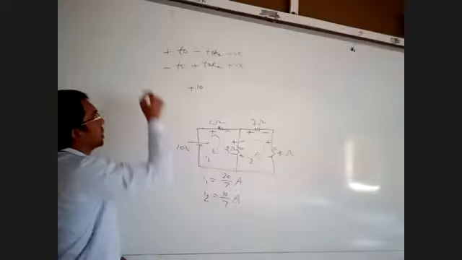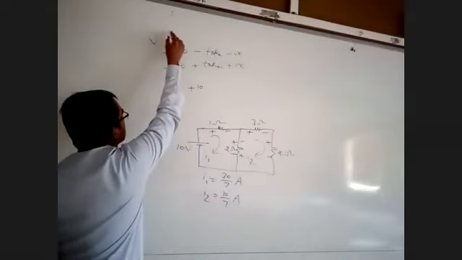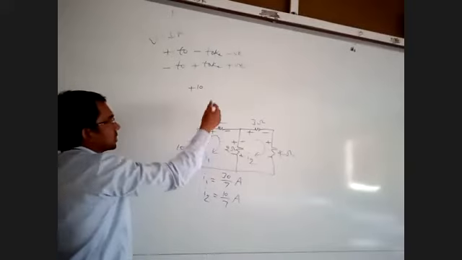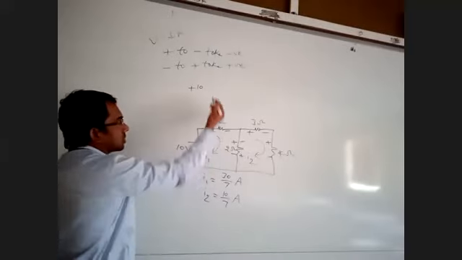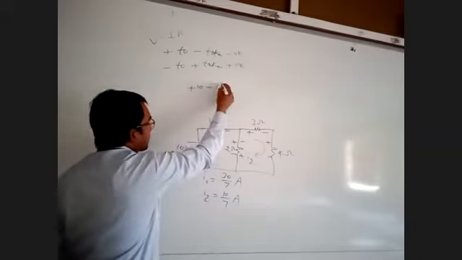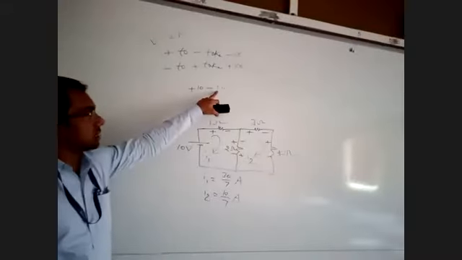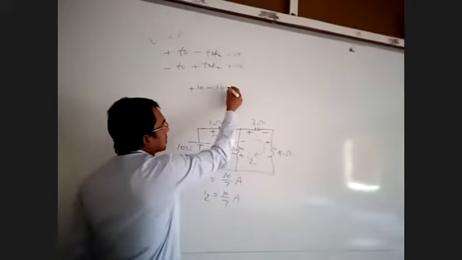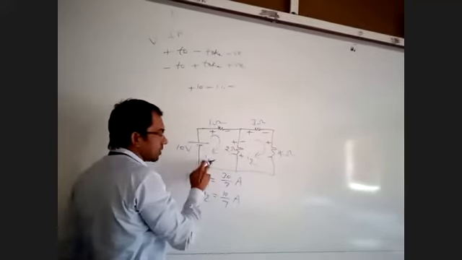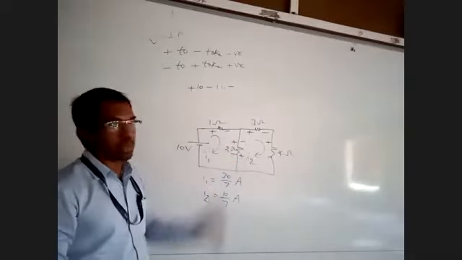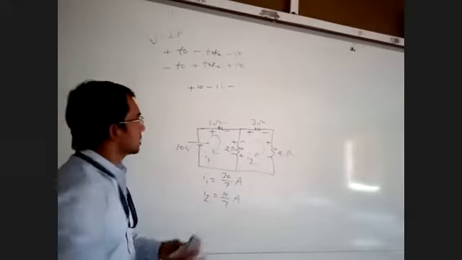The voltage formula is V equals I into R. Current I1 is flowing from here. If current is flowing from plus to minus, we will take minus 1 into I1. Resistance multiplied by current is the voltage. From plus to minus, minus. In the first loop, see the I1 direction only. I1 is flowing from plus to minus, so we will take minus.